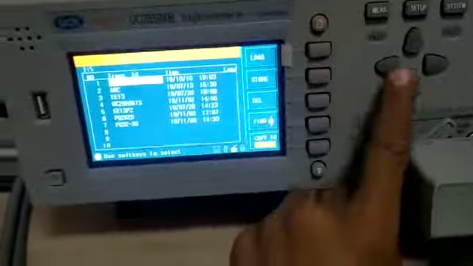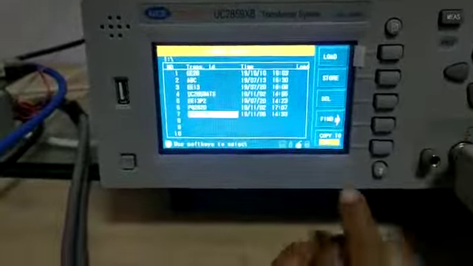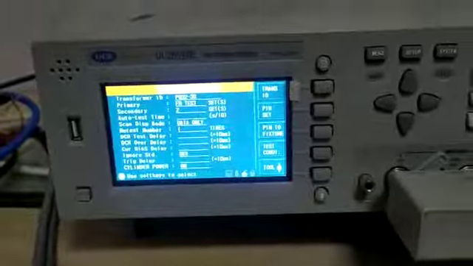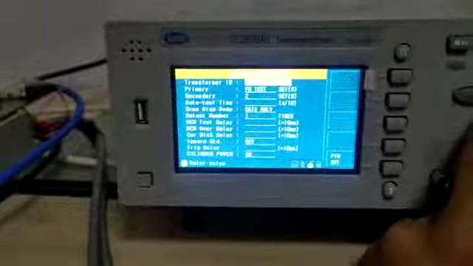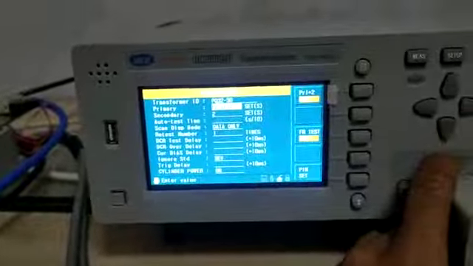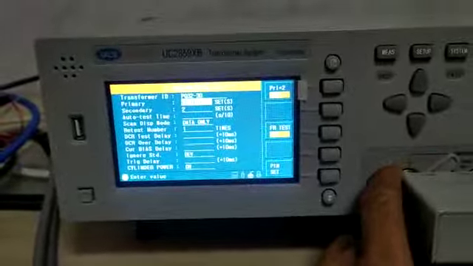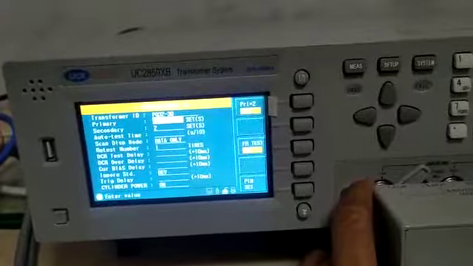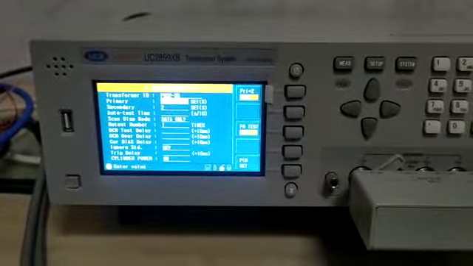From here, load, yes, and the setting for this transformer is as follows. This is the transformer ID PQ3230. FR test, we are using FR test so we can change the legs, 3 to 6, 1 to 6 or 6 to 12, vice versa. And this transformer tester will test the transformer twice.